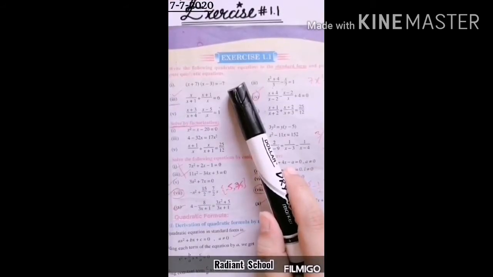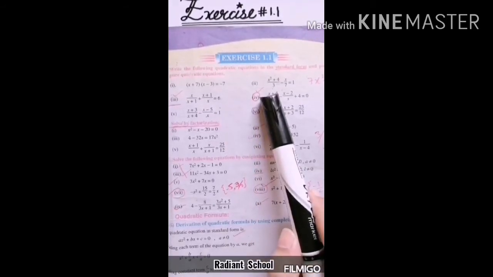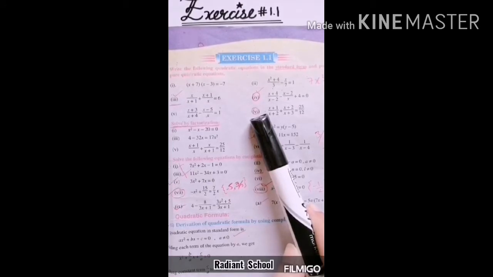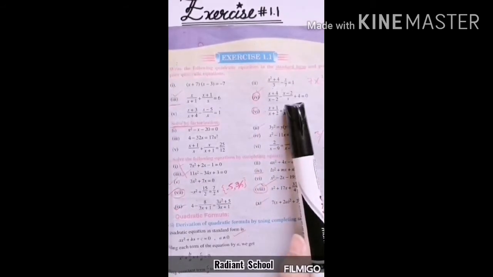Okay students, so from question number 1 I have solved part number 1 and part number 4. All the remaining parts, second, third, fifth and sixth, are the same as part number 4. You just have to take the LCM, and after simplification you have to arrange your given equation in the form of ax square plus bx plus c. Means first of all you will write the x square term, then you will write the x term if it is present, and then you will write the constant. If all the terms are present, you will say it is a standard quadratic form. If the x term is not present, you will write at the end with the answer that it is a pure quadratic form.